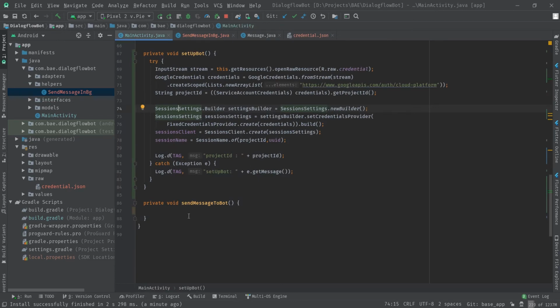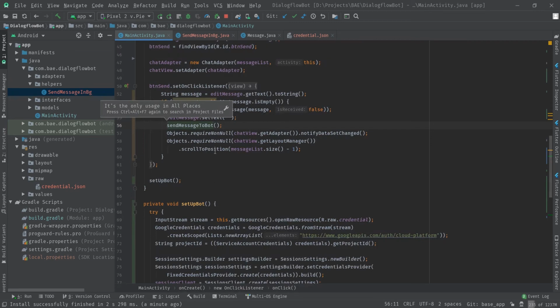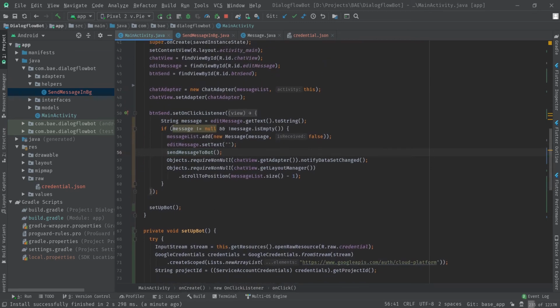I have already created one method called sendMessageToBot. This method is called when the image button is clicked. It will fetch the message from the edit text and check whether the message is empty or not.